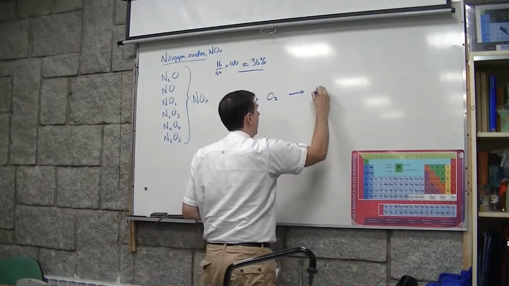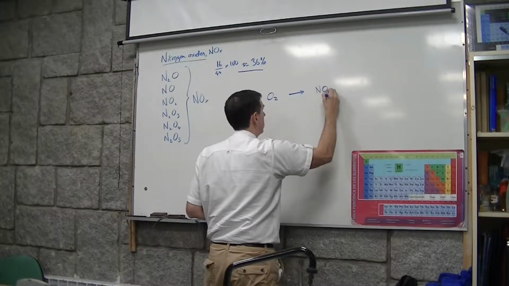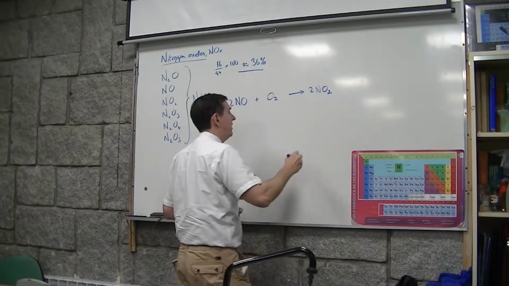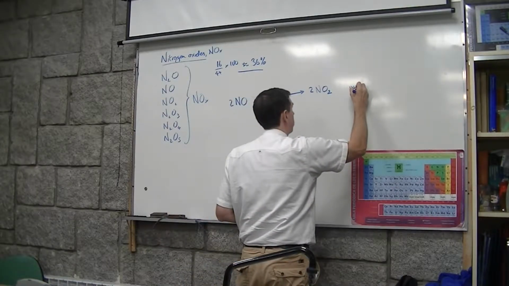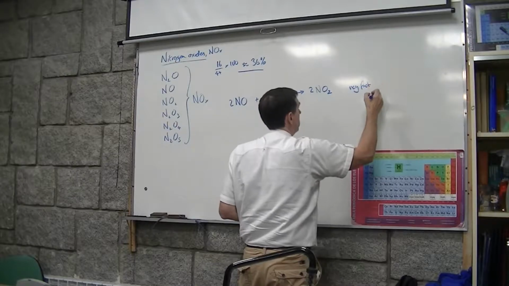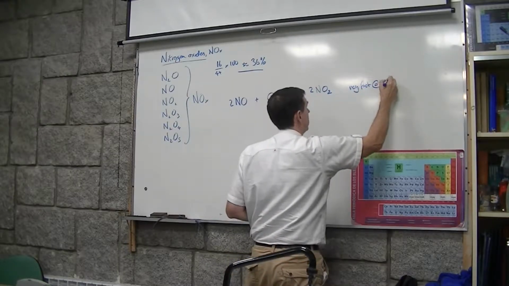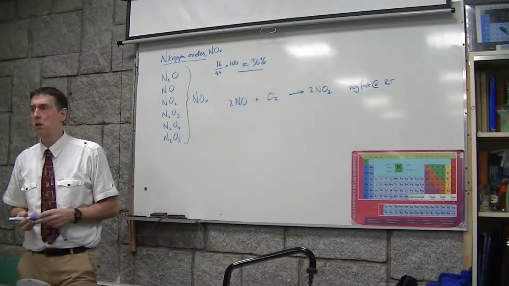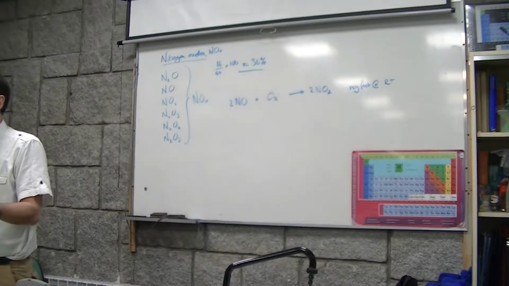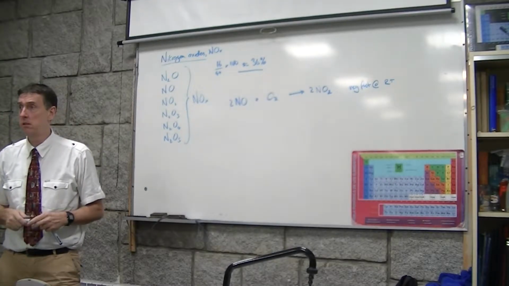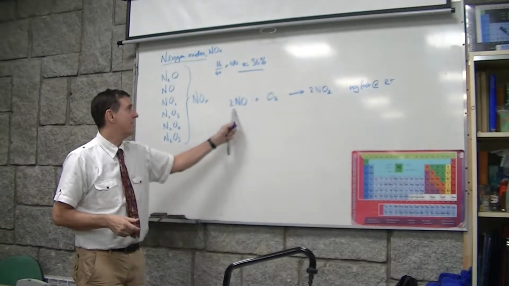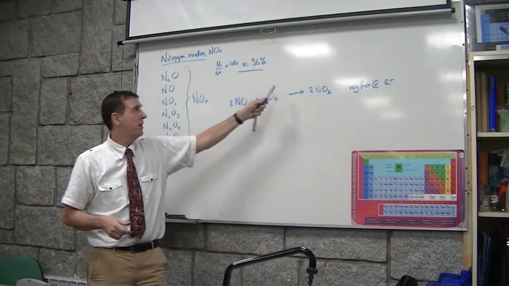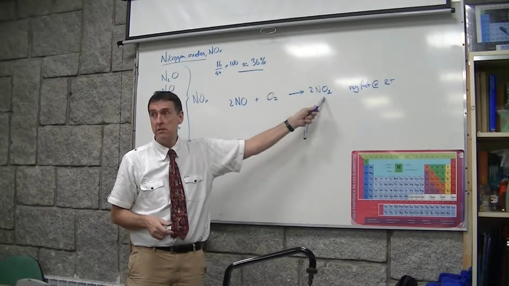And we get NO2. So two of those. It's very fast under normal conditions, we say at RT, room temperature. So that means it's very difficult to make nitrogen monoxide. You make nitrogen monoxide, as soon as it hits the air, it turns to nitrogen dioxide. So it doesn't really matter whether that's acidic or not. It isn't, but it doesn't really matter, because as soon as it's in the air, it becomes this, which is an acidic gas.